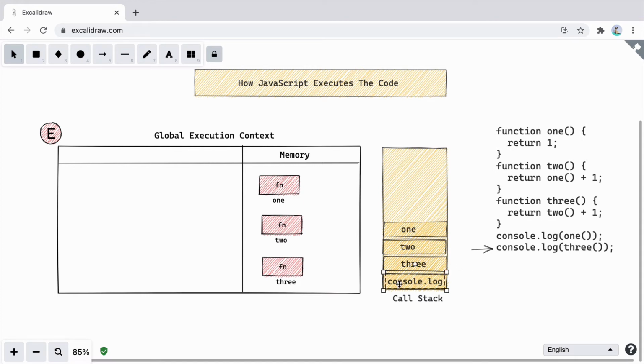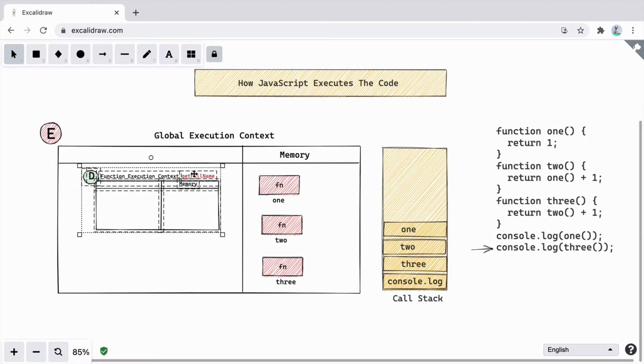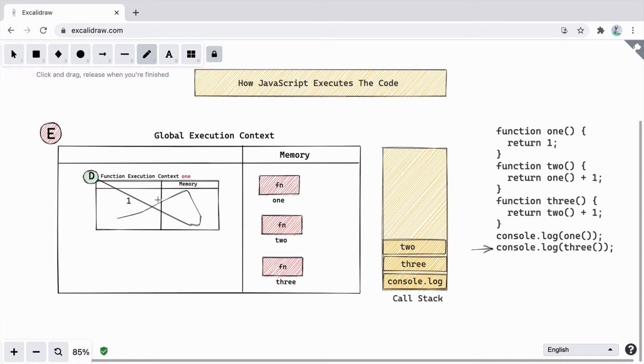Now what happens is, to make console log work, you will have to first execute 1, because that is how stack works. You add on the top and you remove from the top. So here 1 will be removed first. It will create the execution context for 1, execute the function, and from that function the value 1 is returned. As soon as that is done, this value 1 will be passed to the function 2, and 1 will be deleted from here because the job of 1 is done. And as soon as that is removed from the call stack, it is deleted here.